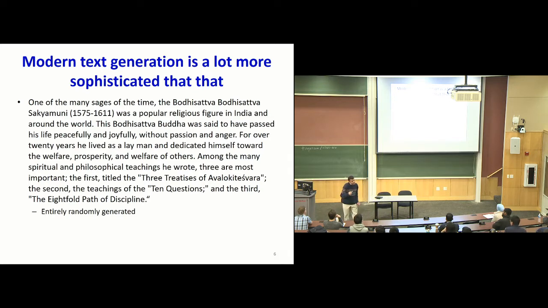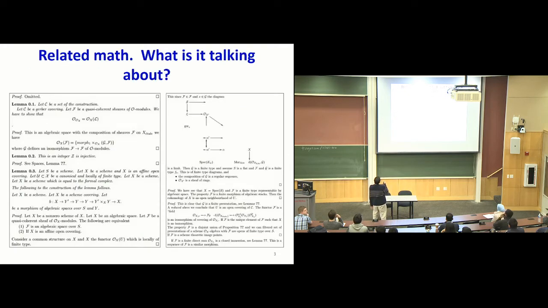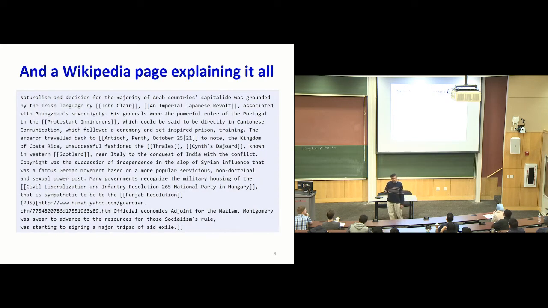So what is the task that's actually being performed when you train this network? Here's what's happening. It's printing a bunch of stuff, and then the next character it prints is dependent on everything else that it has printed so far. If every task it performs, every time it outputs something, were an independent task and it ignored the past, you would get garbage. So the fact is that the predictions it's making are based on everything else that the network has produced in the past. And it's doing an amazing job of it.